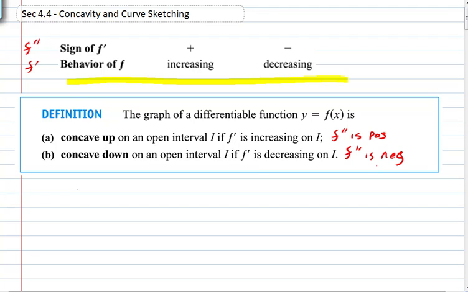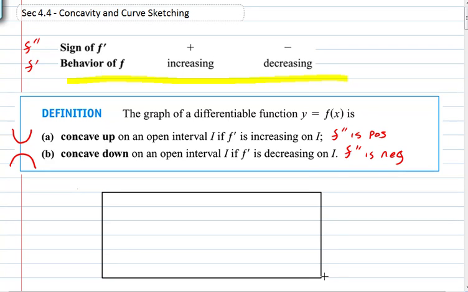Now, if you've never heard of concavity, it has to do with the general shape of the graph. Concave up looks like a smiley face. If you take your hand and you cup the graph, your palm would be facing up. Concave down would be palm down. If you were going to take your hand and curve it over the curvature of the graph, you would have this shape. I can set up a table here